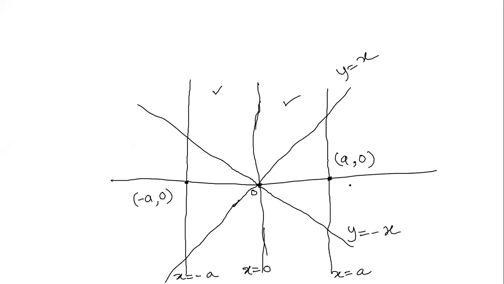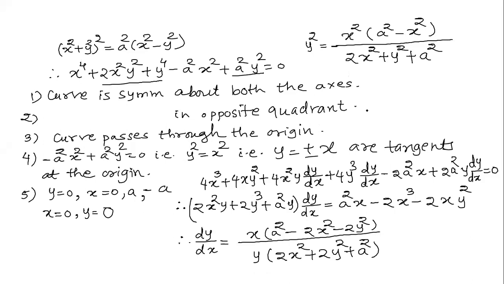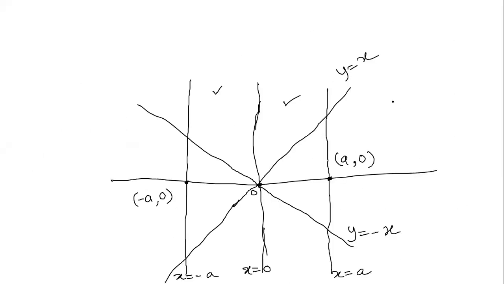मग काहीतरी x इक्वल टू 2a, x इक्वल टू 3a पुट करूया आपण इथं. x इक्वल टू 2a, बघा 2a होल स्क्वेअर इंटू a स्क्वेअर मायनस 2a होल स्क्वेअर म्हणजे a square minus 4a square. Numerator is negative and denominator is positive, so y square is negative, y will be imaginary, no real, so curve does not exist here. So I will say curve does not exist